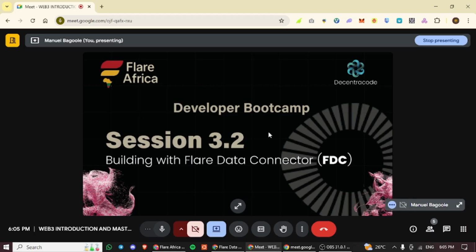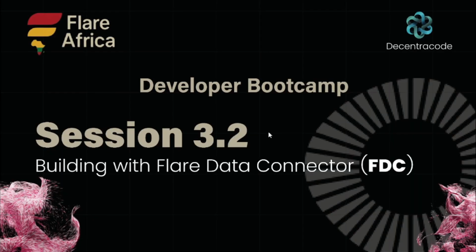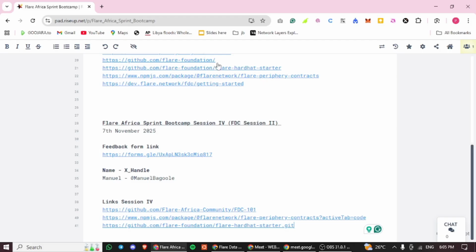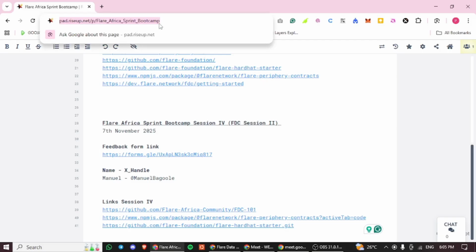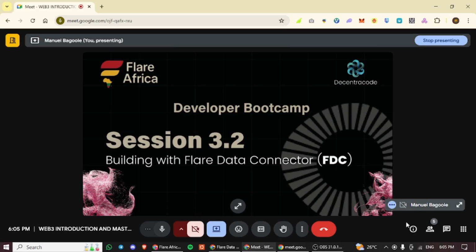Going through Flare Data Connector, specifically a practical session, and we covered a number of things in the previous session. So today we'll be seeing how it actually works practically. But before we start,